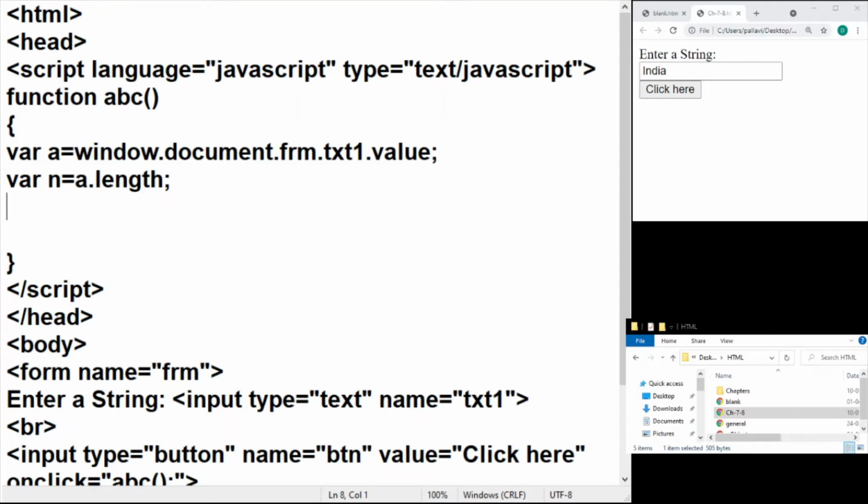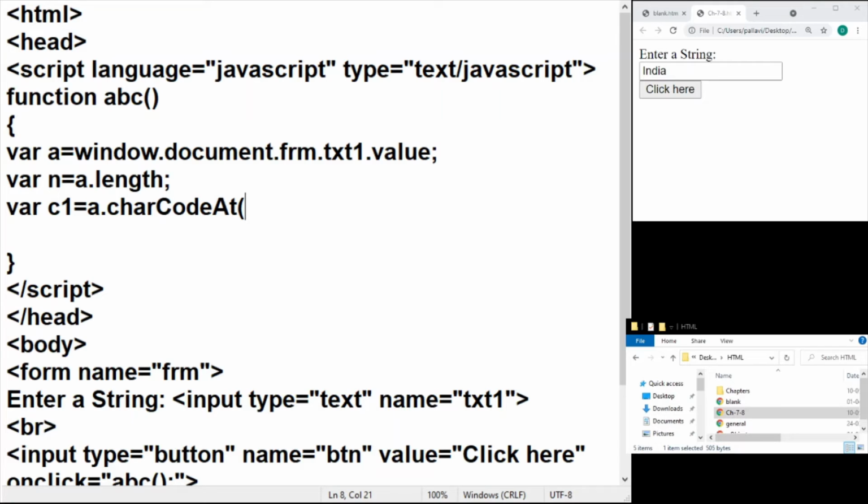I won't be converting it into uppercase because if I do that, then the ASCII values might change if they are alphabets. So we will extract the first character. Now, there is a method in JavaScript which is charAt, wherein you specify the index number and it extracts the character from that given position. Against that, there is another method which is charCodeAt. Now, this charCodeAt is very much similar to the charAt method. The only difference is instead of extracting the character, it is going to extract the code of that character.